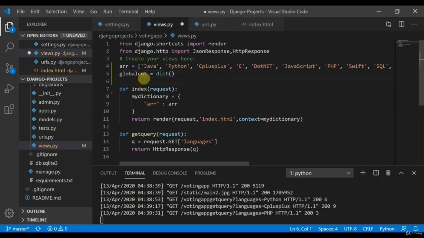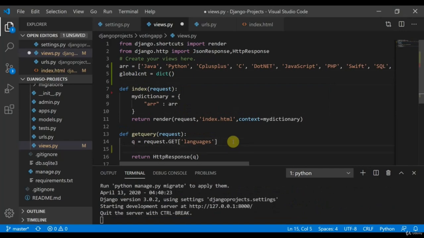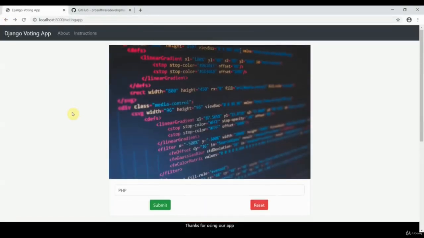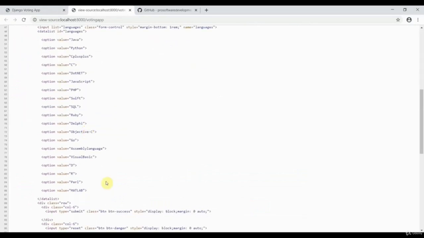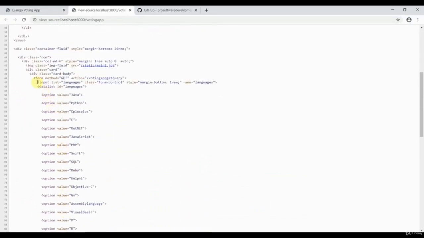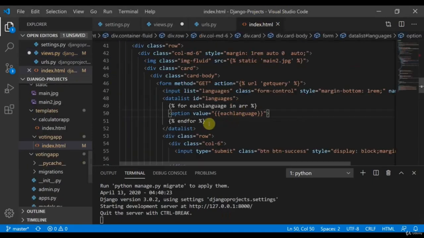Okay, so this works perfectly fine. One thing I would like to show you before I proceed: if I press Ctrl U, here you can see that when we used input list equal to languages, datalist id equal to languages, this was the for loop we had used here.